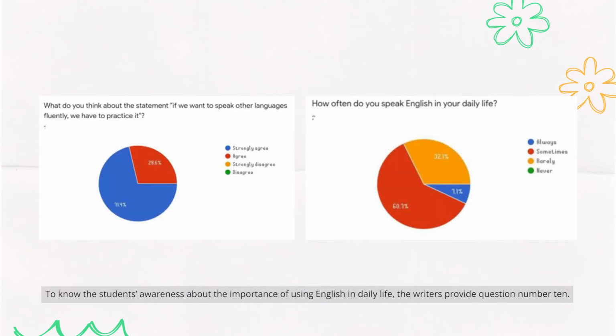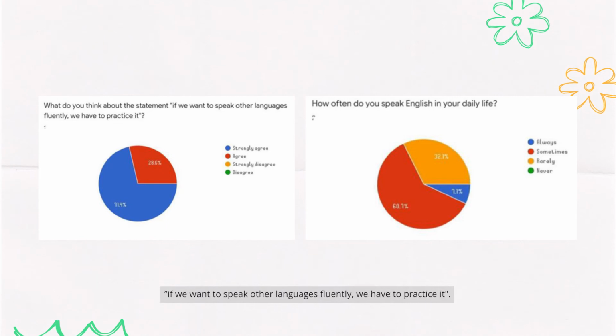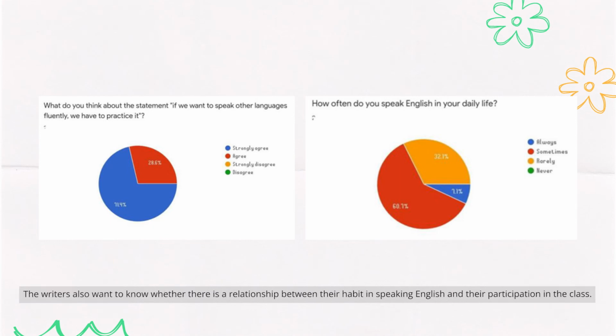To know the students' awareness about the importance of using English in daily life, the writers provide question number 10. The awareness is shown by the 71.4% of respondents who stated that they strongly agree with the statement, "If we want to speak other languages fluently, we have to practice it." Such behavior is believed to lead them to get better achievement and progress. The writers also want to know whether there is a relationship between their habit in speaking English and their participation in the class. And it's shown that